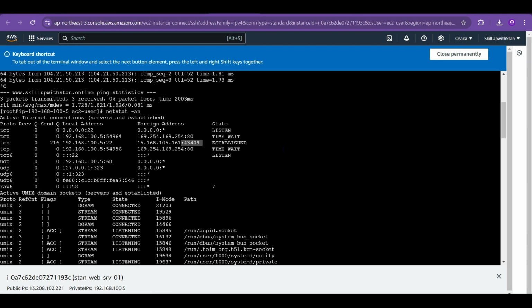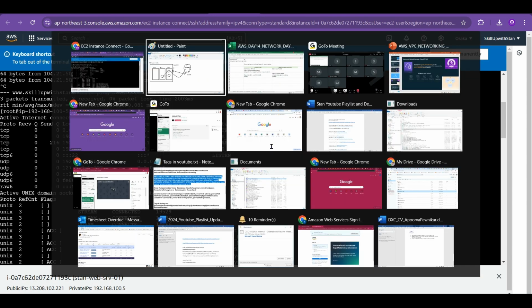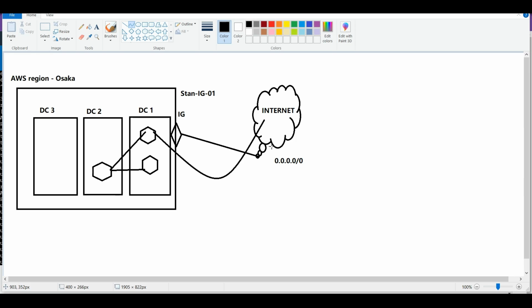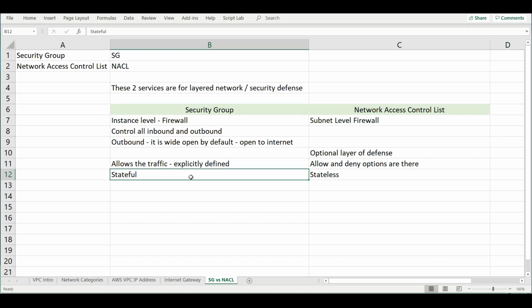I have not explicitly listed this particular port number. So the return traffic as well as the forwarded traffic will complete in the stateful firewall. The security group will take ownership of both the incoming and the return traffic for that particular request. So it is like,